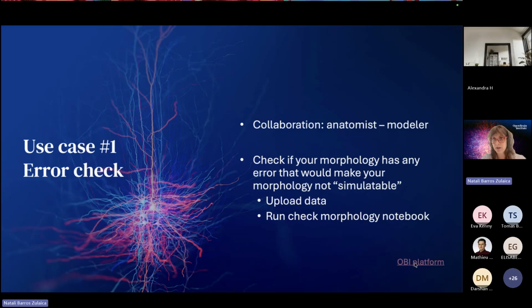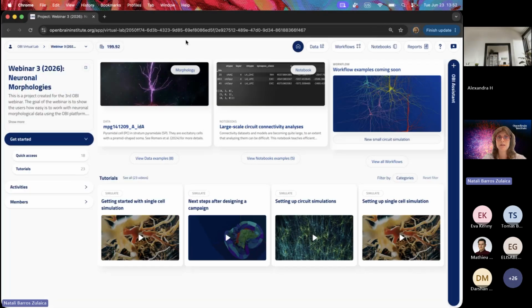So if I go to the platform, yeah. So this is our homepage. You can see here, for instance, my project name, my virtual lab name, the credits, but let's focus on the use case. So if I go to data,